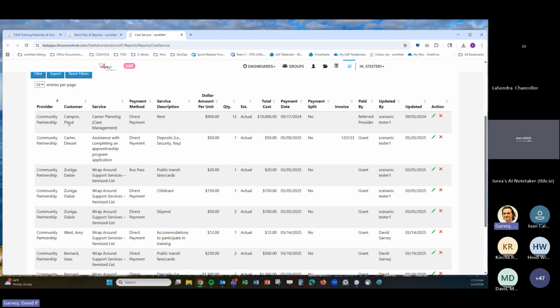Each row has a customer with one individual cost. So we can see here in this case, this customer on the wraparound support service, they have 3 costs here, and this is just kind of showing all of these at once. It'll include all the information that we enter